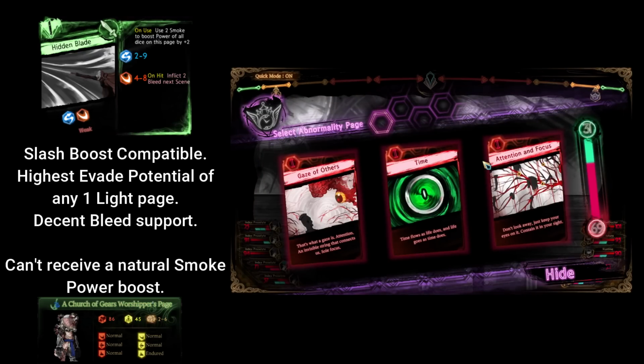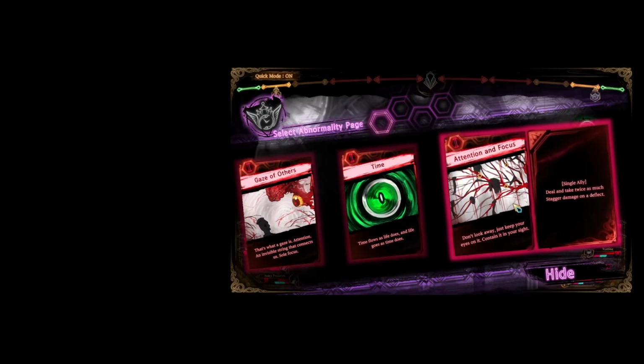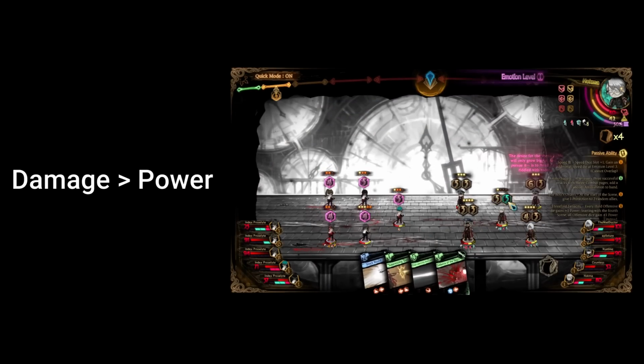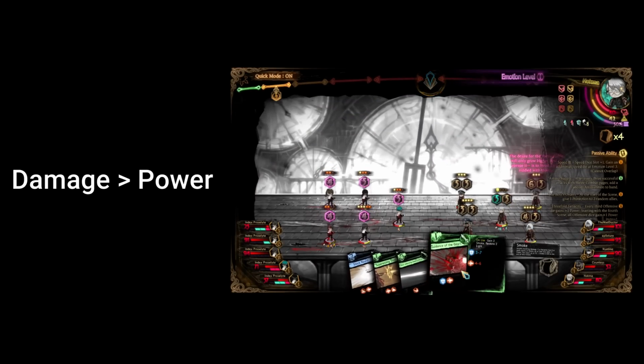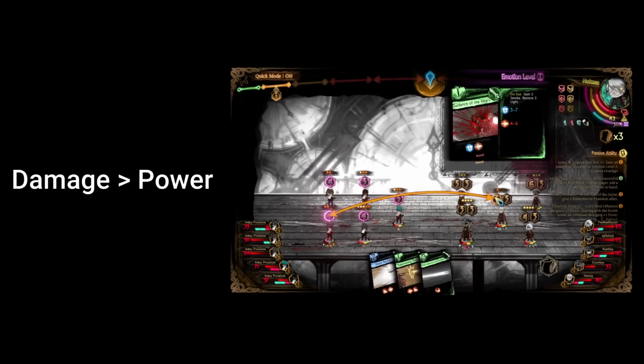Either way, this is a pretty solid defensive option that still inflicts bleed. When building your decks around smoke, anything that increases your damage is a good choice, especially if you plan to run Puffy Broom instead of focusing on infliction. There are 2 combat pages that do this, and a lot of passives, which we'll briefly go over in order